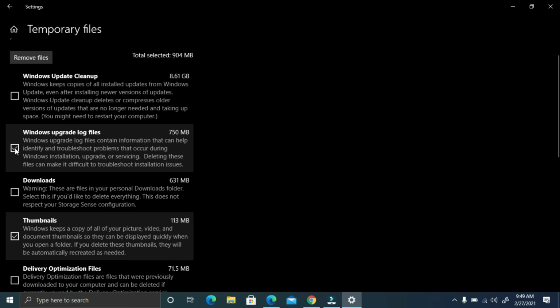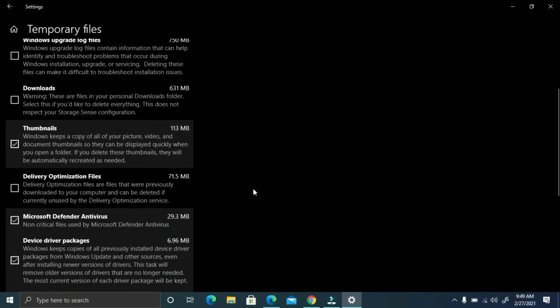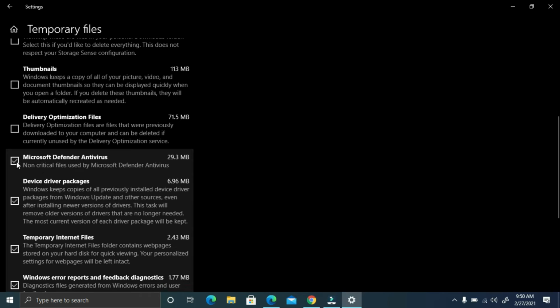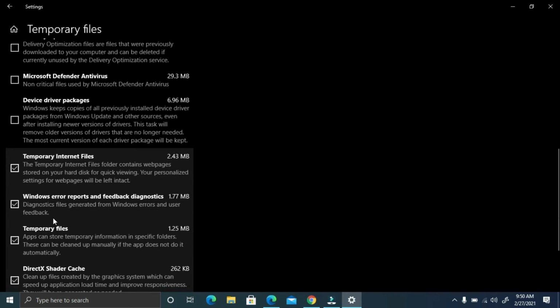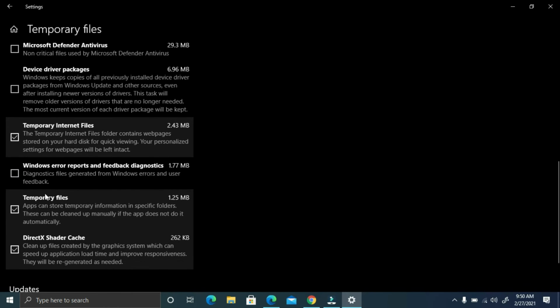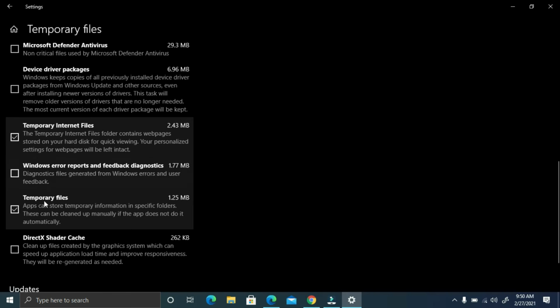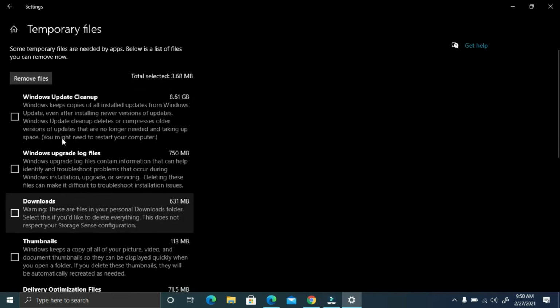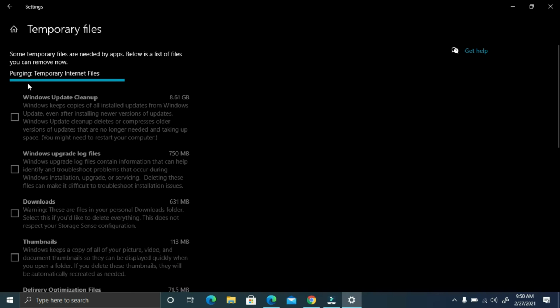In my case, I'm not going to delete all of them because I still need some of them. So I'm only going to delete the temporary internet files and the temporary files that are generated by applications that are running in my computer. Once I select these two, I'll go ahead and click on remove files,